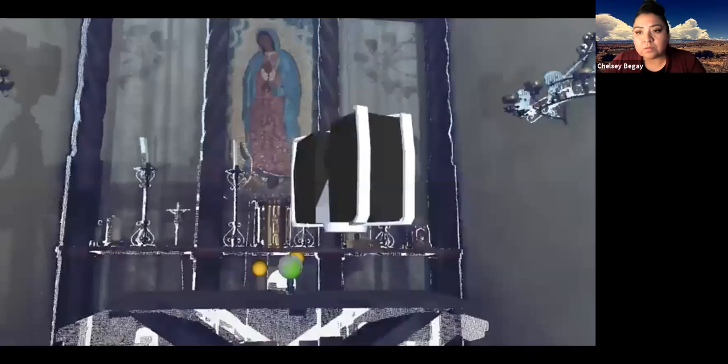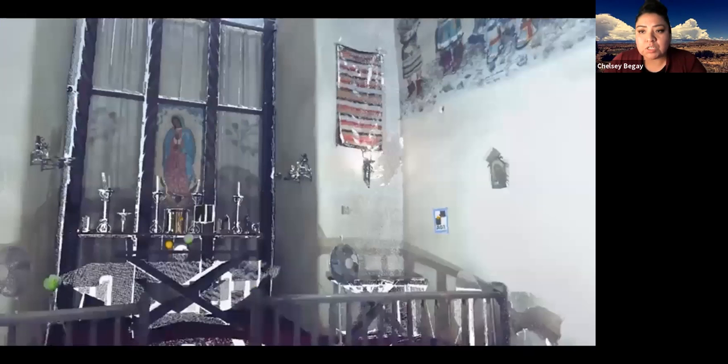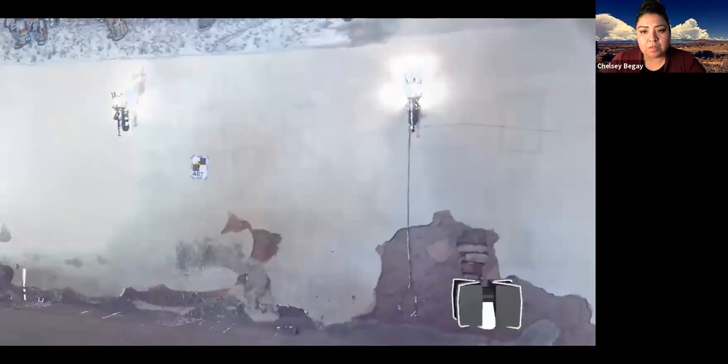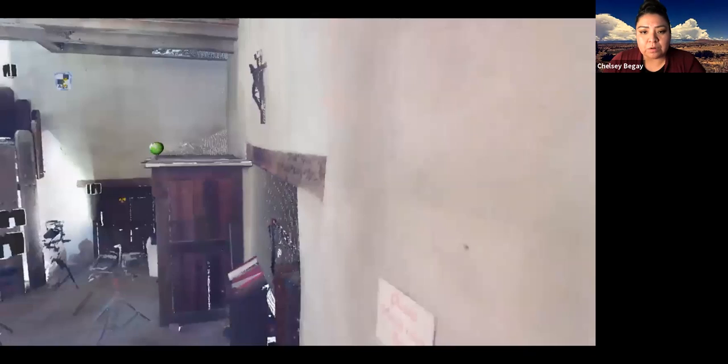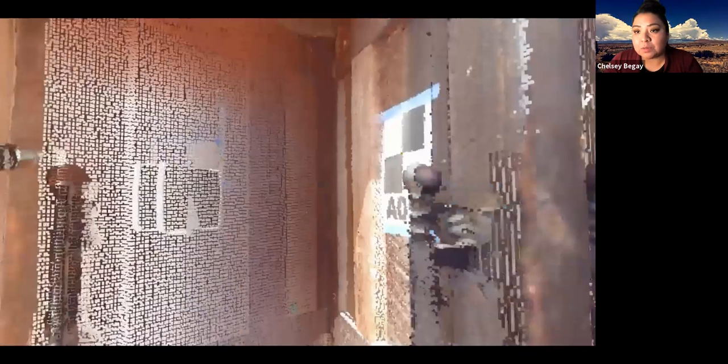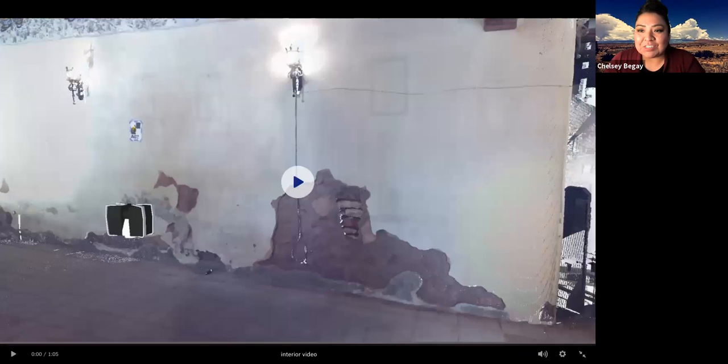And so this was a really cool way for us to show what the inside of the mission looked like and some of the damage that we were able to see. And we could show this to people without actually putting them in danger, and just making it aware for people, especially the community. Michaela, did you have any closing thoughts?